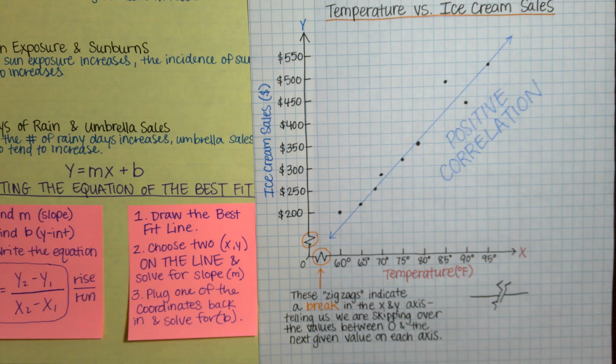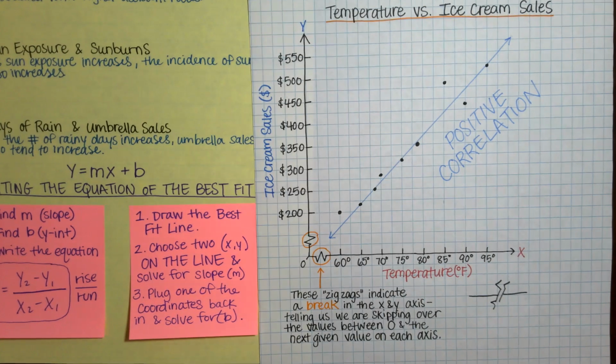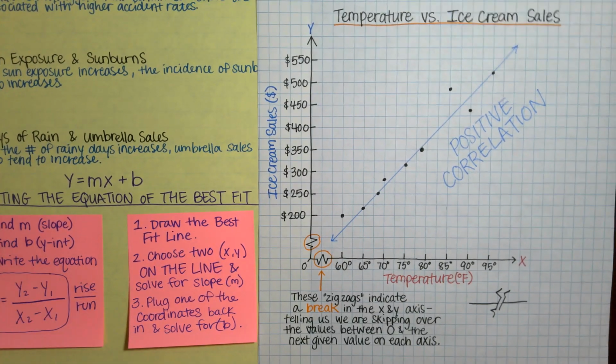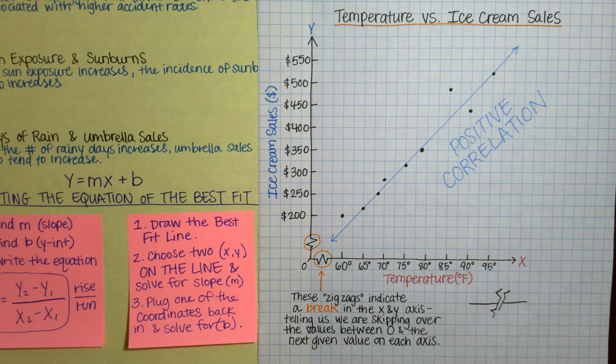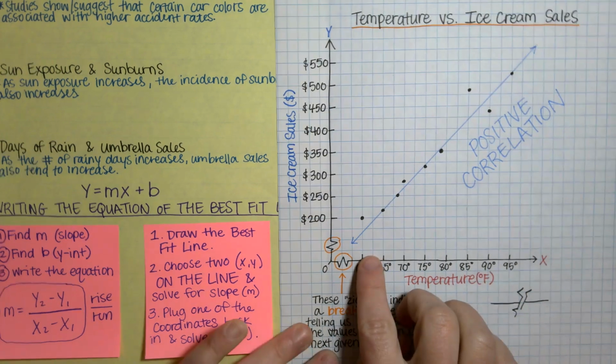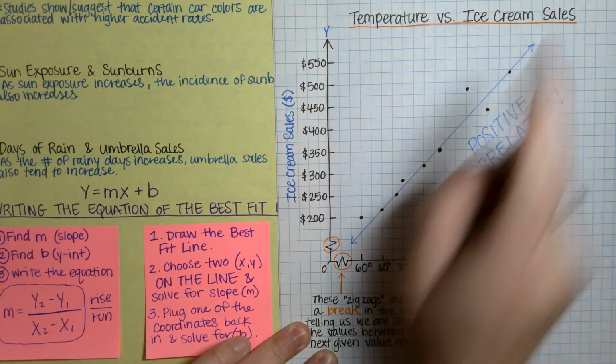Now again, I mentioned this earlier, whenever you're finding the equation of the best fit line, there is a long, complicated process that you can use to create the exact formula of the exact line of best fit. We aren't going to be doing that just for the purpose of what we're using it for. I am not worried about you coming up with an exact answer, and that means our equations might not be exactly the same. As long as they are relatively similar,